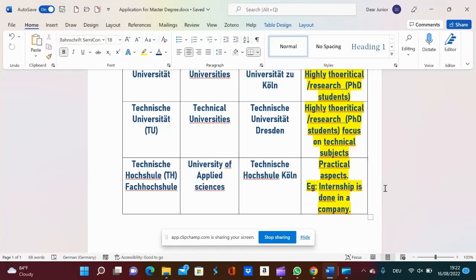you cannot do the PhD in the same university, right? You have to do the PhD in the technical university or in the main university. That is how it is. But if you still want to do it in the University of Applied Science, then it means that the school would then liaise with the state.